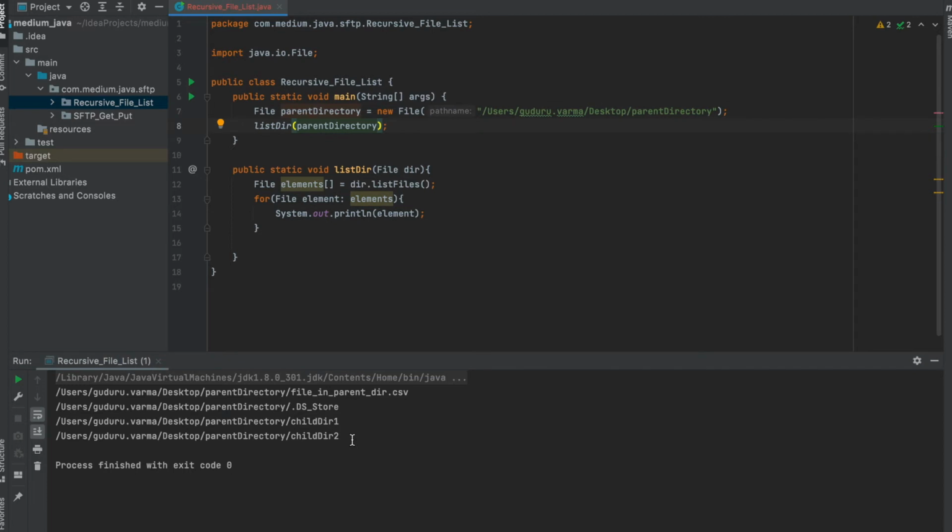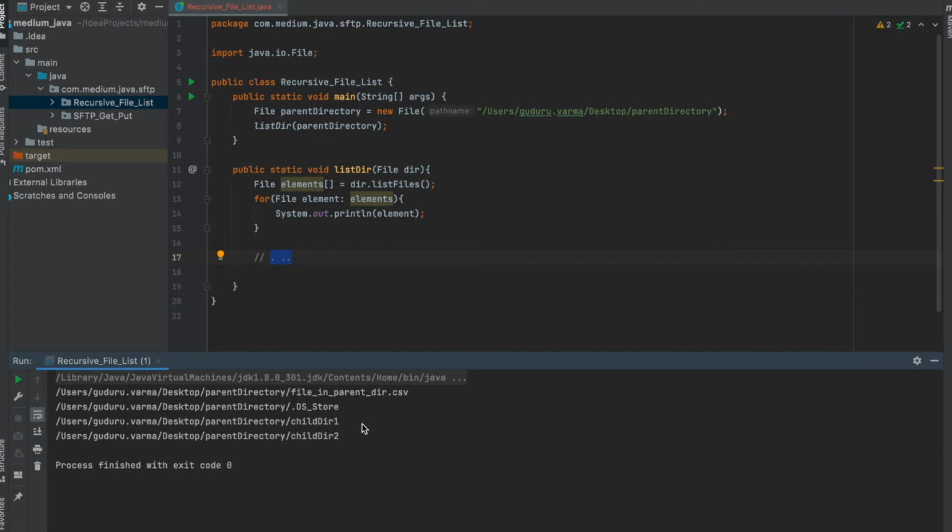So it has listed all the elements inside the directory, which is one file, two folders, and even a metastore file which is present in the directory. As I am using a Mac machine, it prints .DS_Store. On Linux and Windows machines, there might be some entries called dot and dot dot. So we should be ignoring these, dot, dot dot, and DS_Store. And for now, we are interested only in the actual files inside this directory.